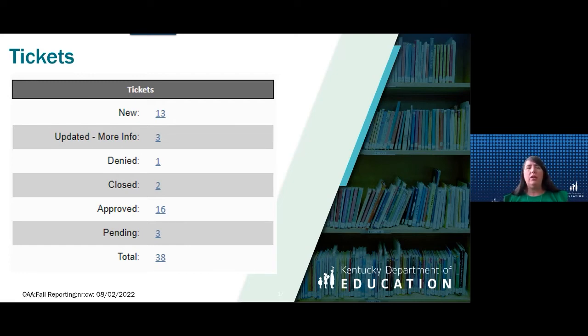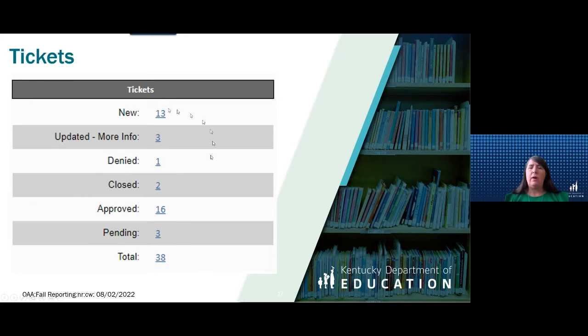Very important that you look at all your student listings for your students, their demographic information, their accountability, and also their accommodations. And then update any of that information. And if you make any changes to your student listings, those are what we call tickets.